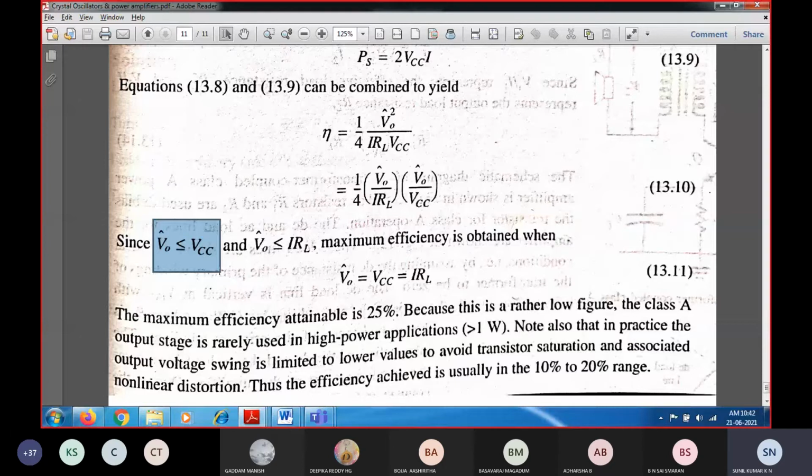So in order to increase the efficiency, we can go with a transformer coupled power amplifier. Why we are going for transformer coupled power amplifiers, you can see from this circuit. I will just explain within 10 minutes. In this case, it is the same as in the previous case which I have considered, the RC coupled amplifier. So same thing here also. I'm going to consider the same common emitter configuration, or else you can consider it as an RC coupled amplifier.